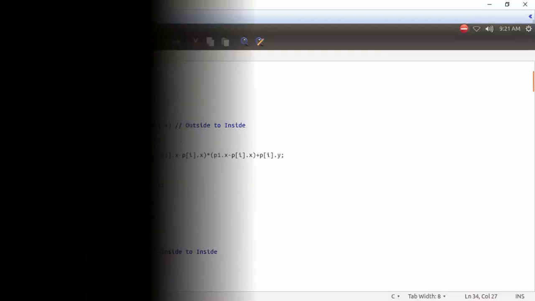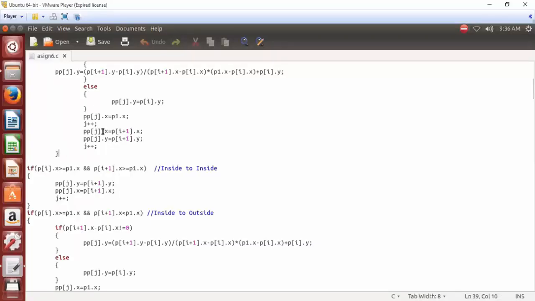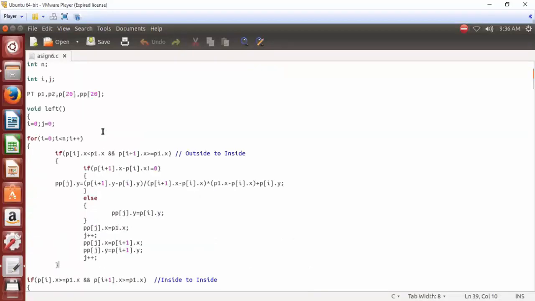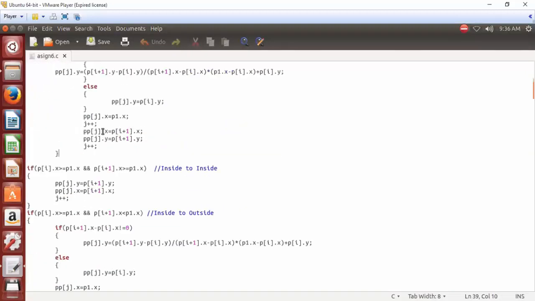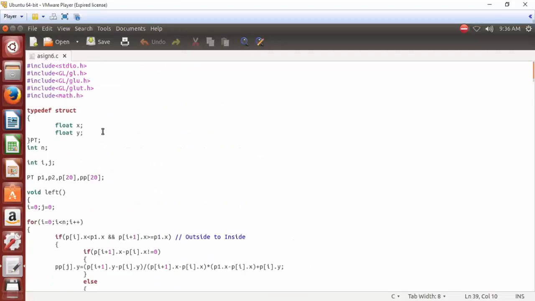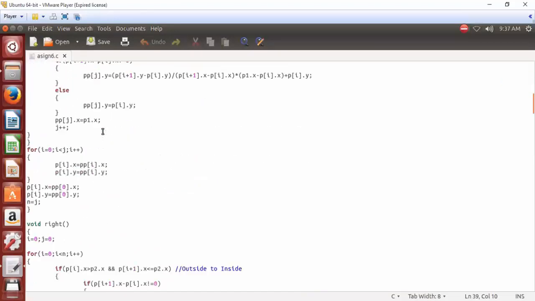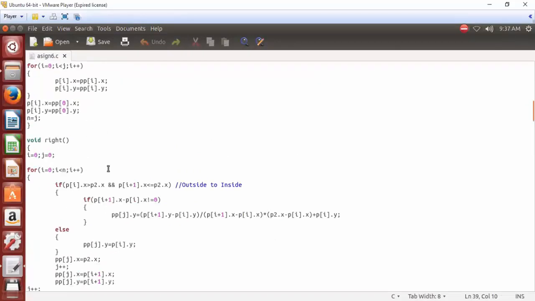The next point is the window code. So here we completed the left clipping function, right? Let's see the other remaining clipping functions. That is all about the left clipper. Let's see the right clipper. In the right clipper, again, as previously explained on the whiteboard, this is going to be your left, and this is going to be your right clipper.